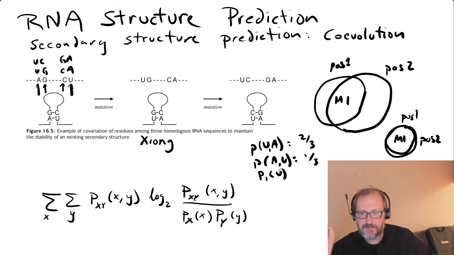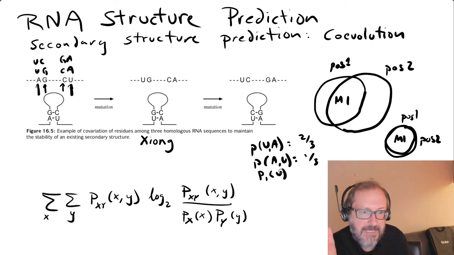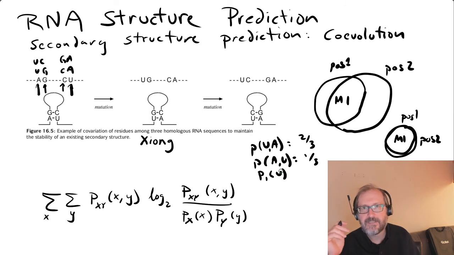Don't mix that up with the probability of U at position 4, because in principle these two variables could be encoded in completely different alphabets, right? I mean, you could have RNA residues on one side and something else on the other side. Like the other object could be some completely different data type. So they don't have to be similar variables in a sense. They kind of have to be discrete, but